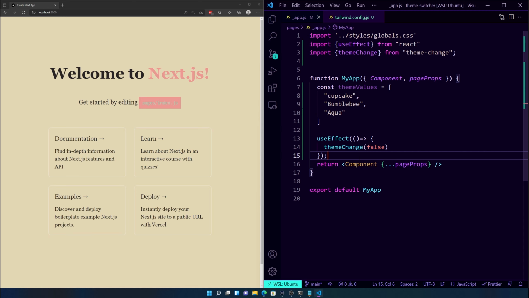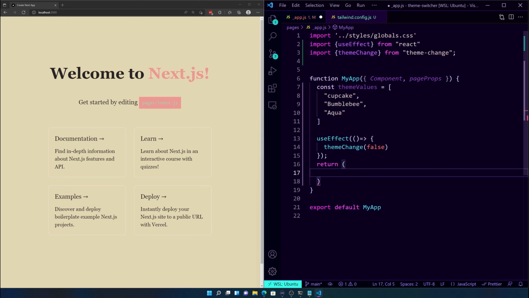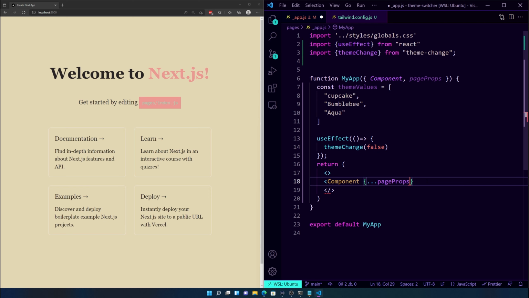And now we can make some changes in our return statement to allow us to select the theme that we actually want to use. So inside this return statement, change it from a standard return into a return that can have multiple lines. And then let's put our component back. So Component, pageProps, and then close out our tag and hit save. Now we are ready to add our selector. The way our selector is going to work, we're just going to pass in all the values from this theme value and allow the user to select them.